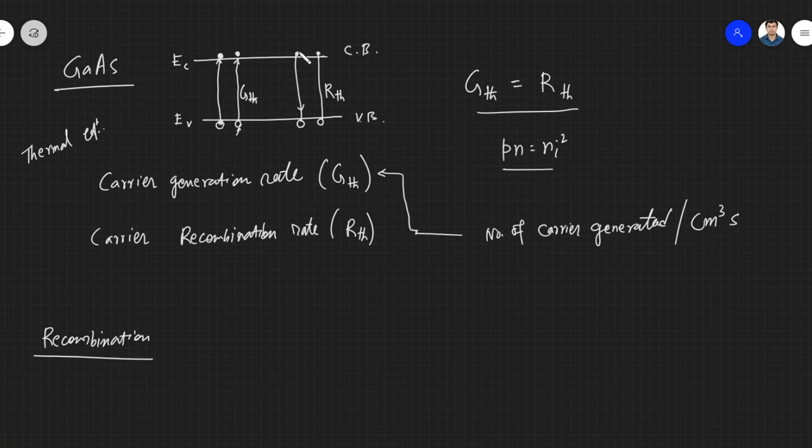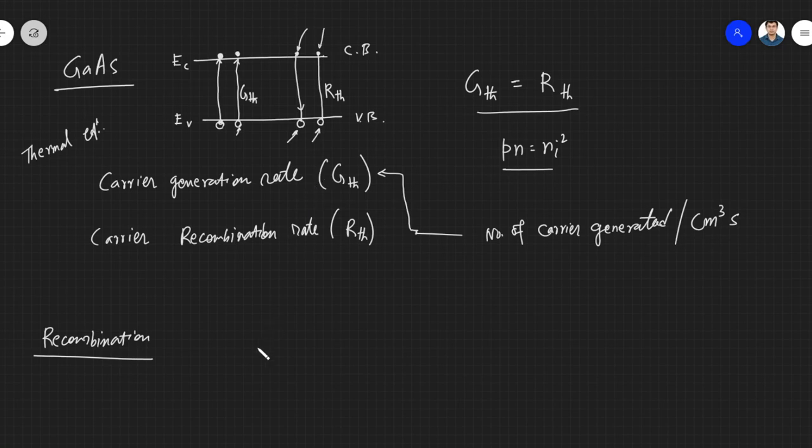The number of electrons present in the conduction band, right? If they are more, the recombination rate will be more, right? And the number of carriers, or number of holes, in the valence band, right? So it depends on those concentrations. If there are no electrons, there is no possibility of recombination. Similarly, if there are no holes in the valence band, there is no possibility of recombination. So we have to have both electrons in the conduction band and holes in the valence band, then only recombination